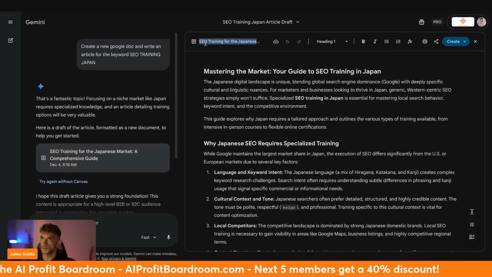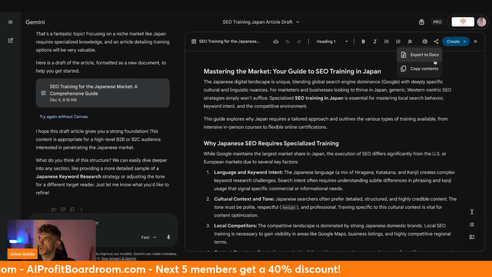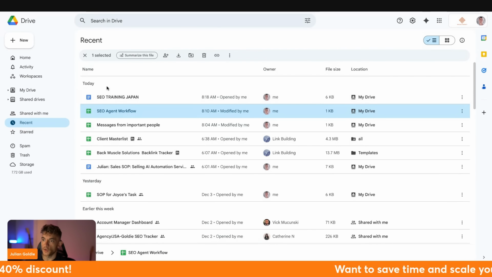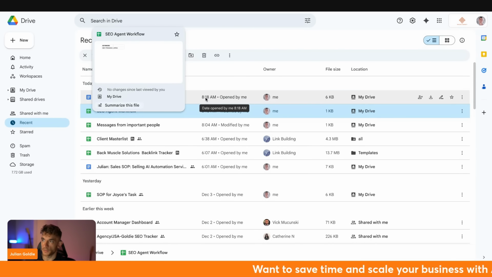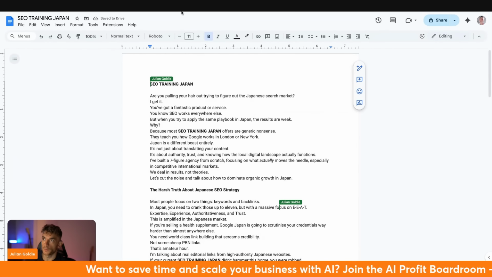Now, is that going to link to my Google Drive? Let's double check this. So we've got the Google Doc over here. Then we're going to share and export. And then you just export to Docs, right? If you have a look inside my Google Drive, the folder hasn't been created, right? The file hasn't been created. There is a blog for SEO training Japan, but that's the one we created from Google Flows, not the one